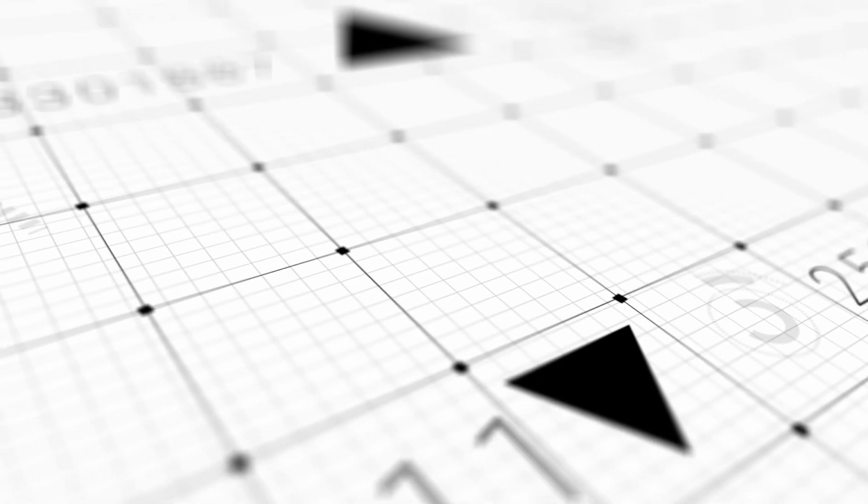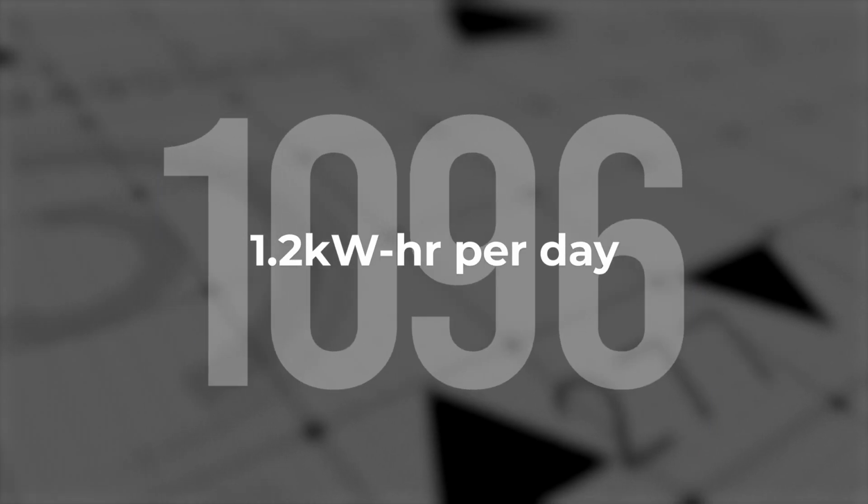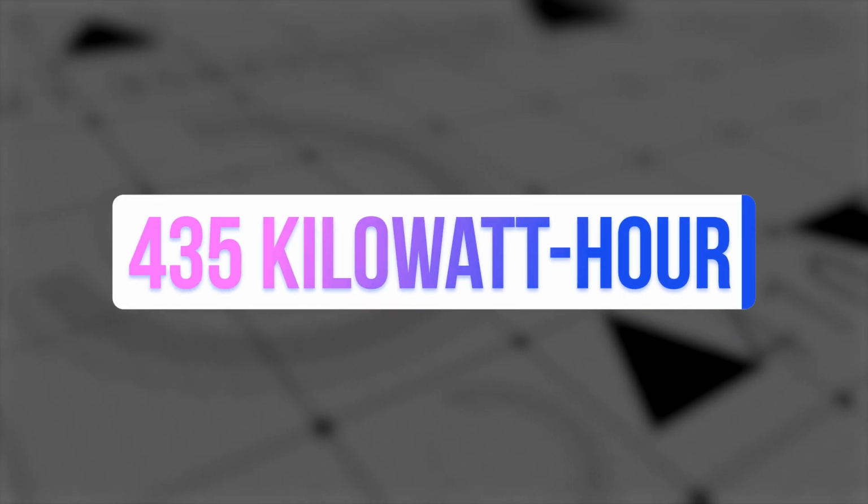Let's break this down into real numbers. If you use 4 100-watt bulbs in your garage for 3 hours a day, you're consuming about 1.2 kilowatt hours of electricity each day. Multiply that by 30 days and 12 months, and you're at around 438 kilowatt hours annually. At 20 cents per kilowatt hour, that's about